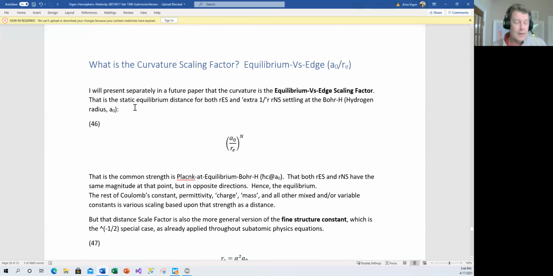The curvature that I talked about, we find all over in statistics. It's the equilibrium versus edge, A sub O over R sub E. That is the ratio. That is the curvature. And the N, of course, depends on whether you're in an acceleration or a force or a density function, or if you're doing comparisons of them, you get some actual interfaces. And so